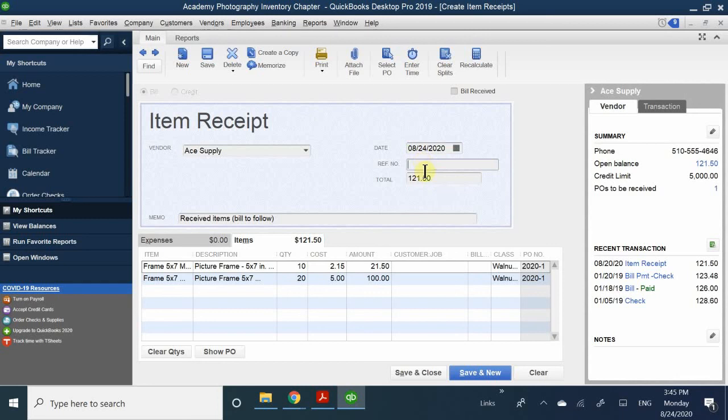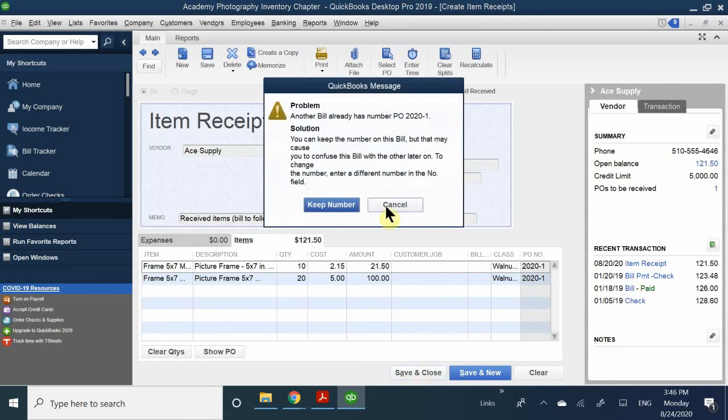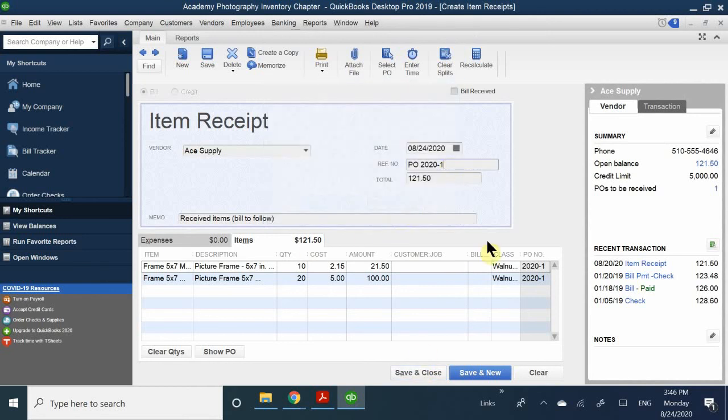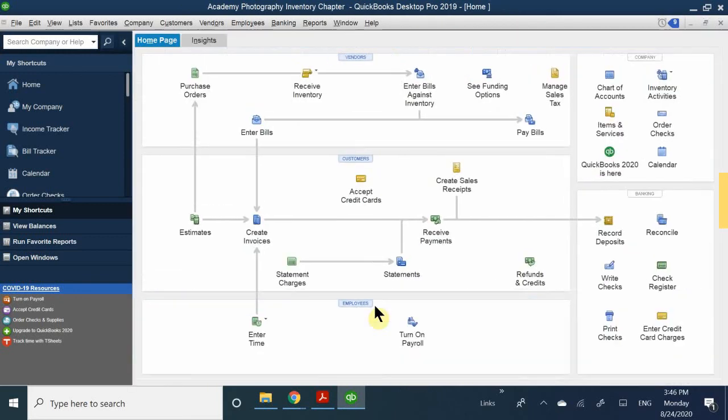Now I'm going to make sure that my item receipt number is purchase order 2020-2, because it can't be the same number. But I know that this is according to my purchase order. Let me see. I think you can do one. All right. No, I can't. All right, cancel. So yeah, I could do 1-2. Okay, so I know that this is the second half of my purchase order number 1. Okay? Now,